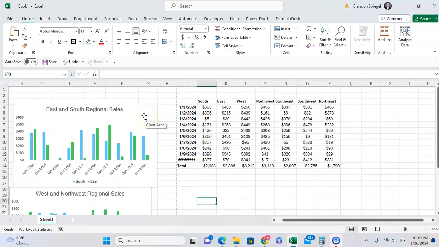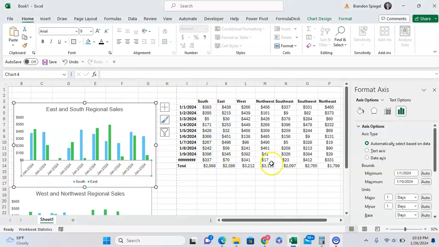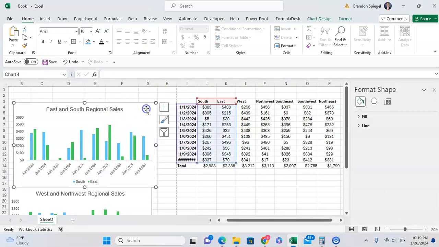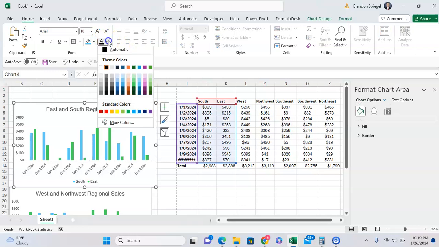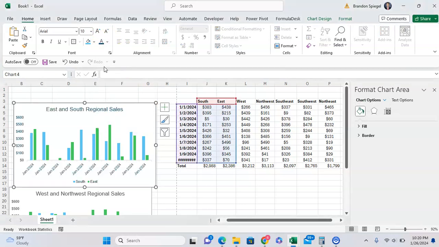You need to change the font. So instead of going to every single one and clicking format axis or clicking on the axis and clicking on the date labels and whatnot and changing the font individually, you can click on the entire graph and change the font like that. So I just say I needed a dark blue font that was bold in size 12, whatever, for example. You might want it different based on different components, but you can click on the graph and change the entire